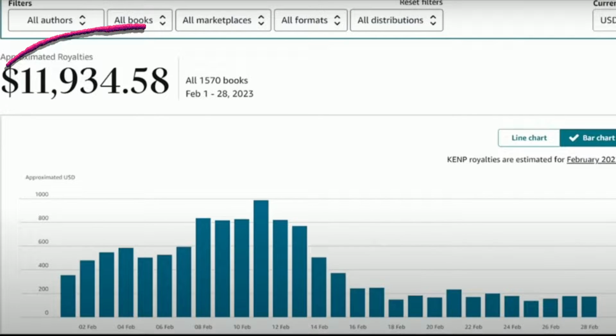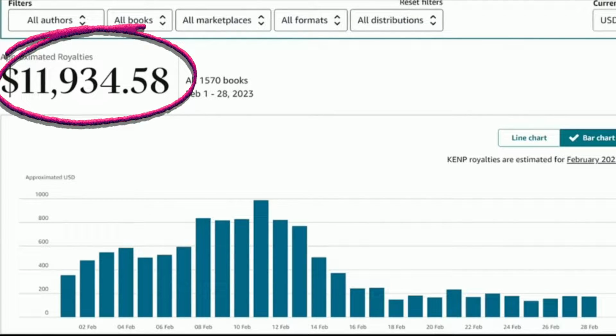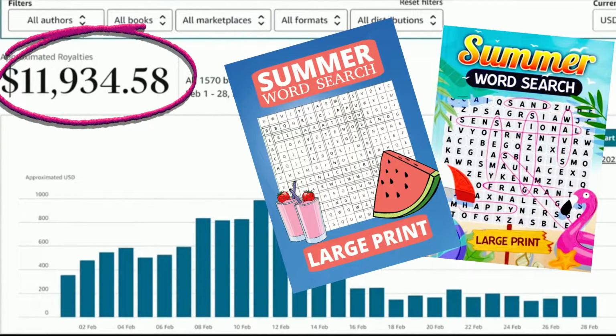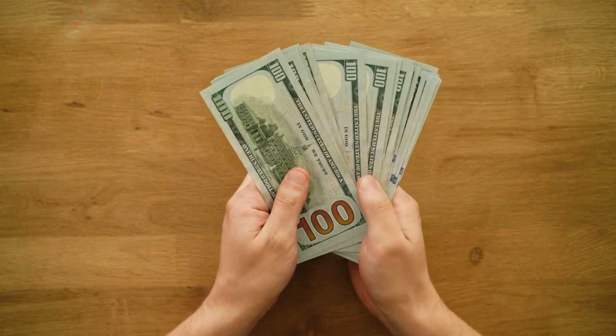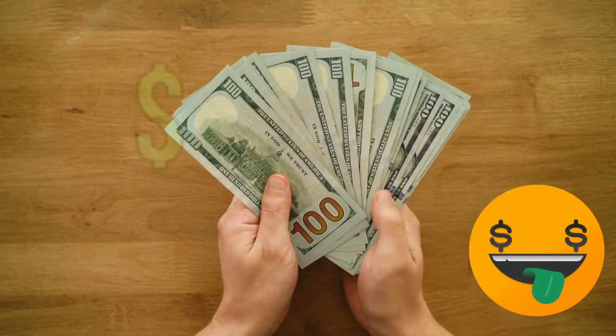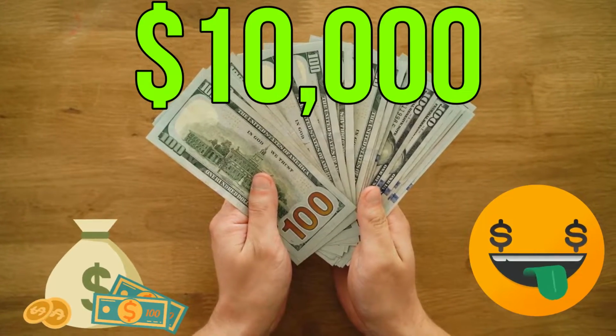Want to know how I earn more than $11,000 monthly from selling word search books looking like these on Amazon KDP? Join me as I provide a step-by-step guide on creating incredible word search books perfect for the summer holidays. By following this tutorial, you'll be well on your way to earning more than $10,000 a month through sales on